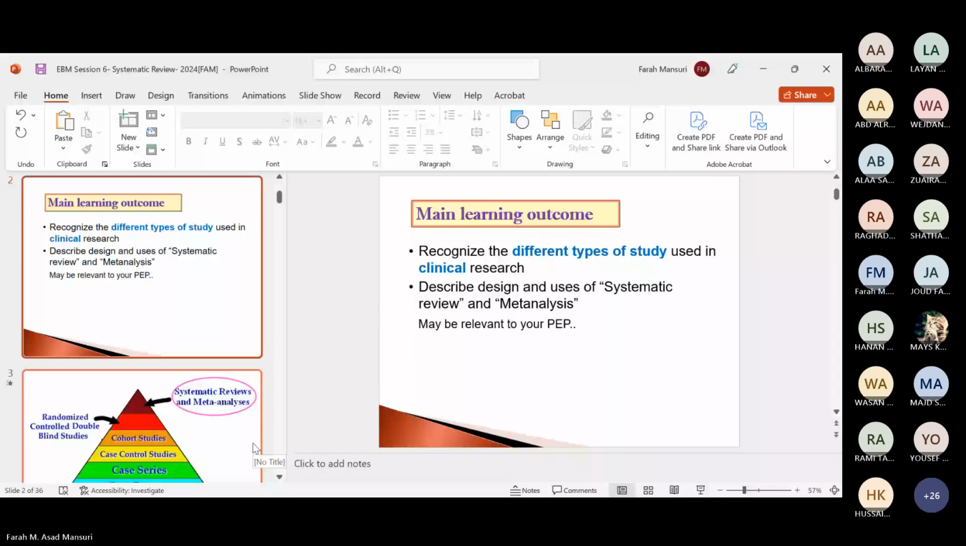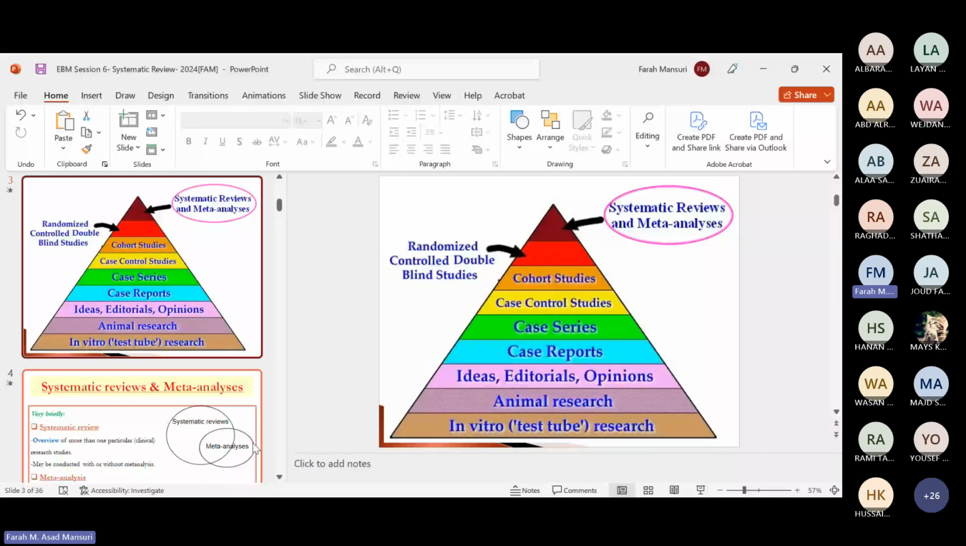So now, are you able to see slide 3 now? Yes, yes, doctor. Okay, okay. So this